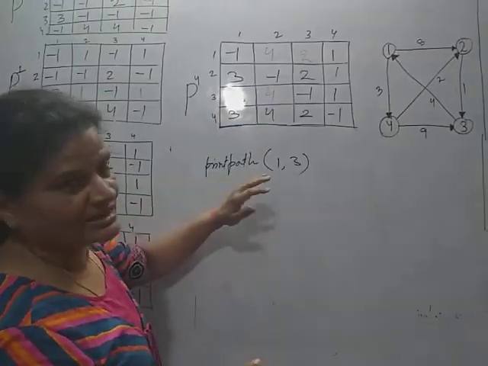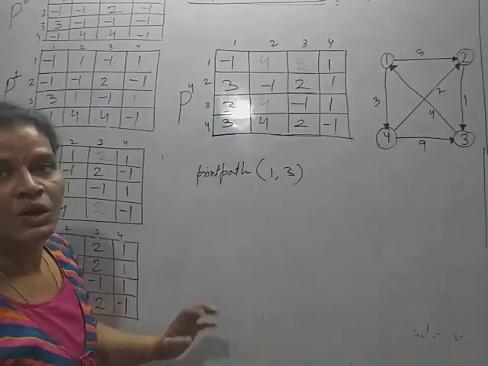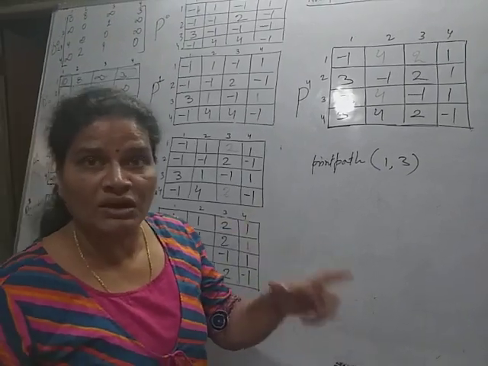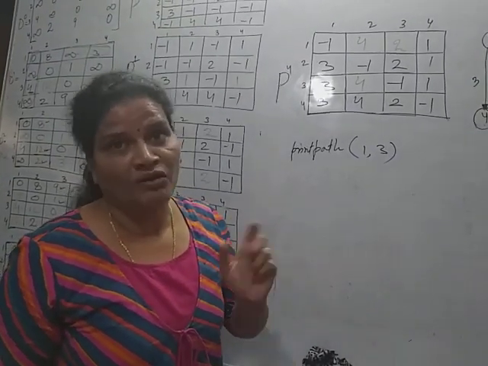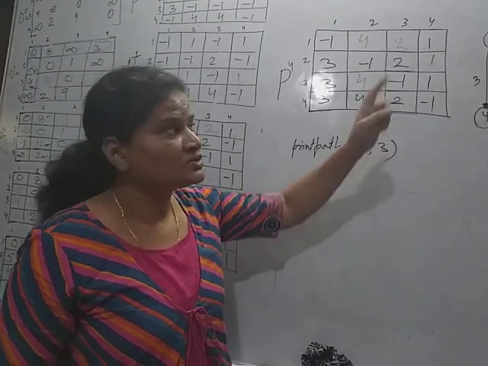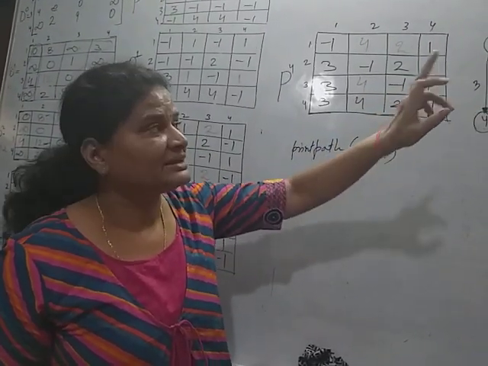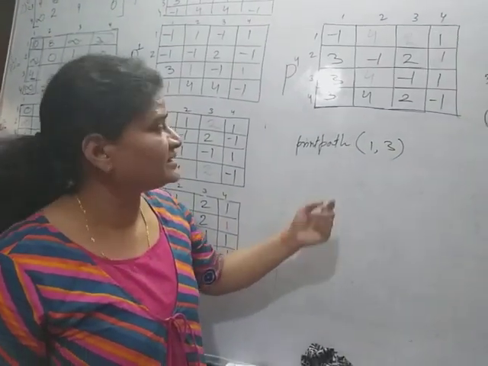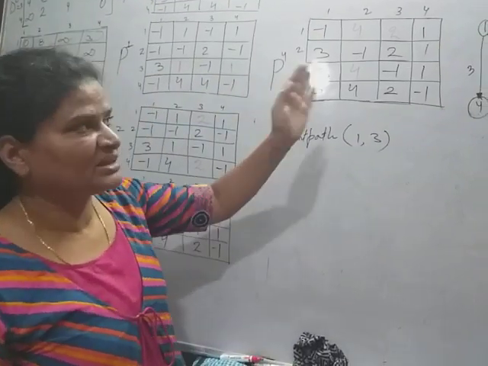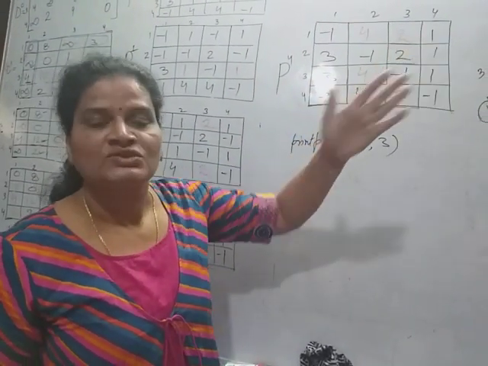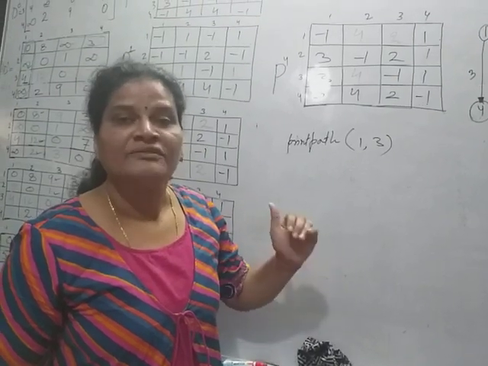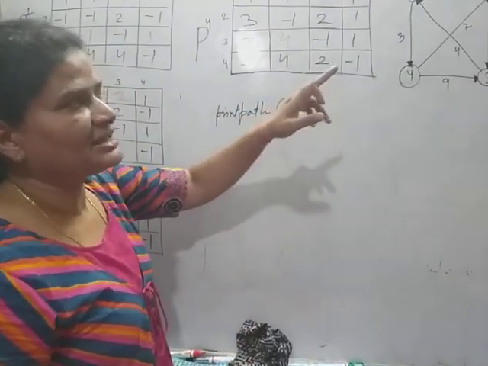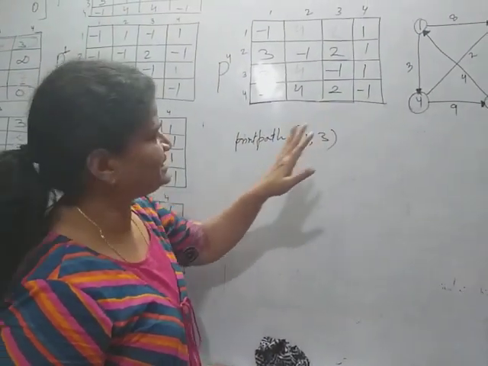Now I am having this path matrix, and from this path matrix this function is called to print the shortest path between every pair of vertices. So here I have called it with 1, 3. This function will give you the shortest path from 1 to 3. When you call it with i and j, it will print the shortest path from vertex i to vertex j.